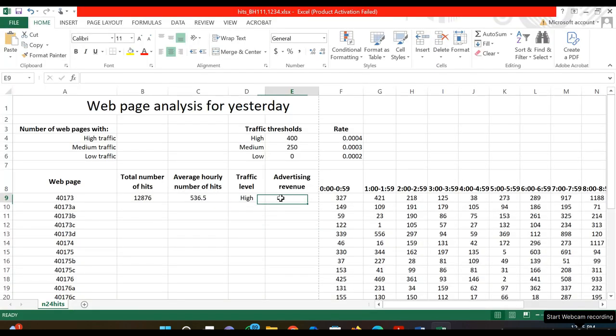So here in advertising revenue, we have to search the high traffic level, and if it is high we'll multiply this with the average number of hits. So for that we look up and then multiply. Okay, so we use the formula equal this cell